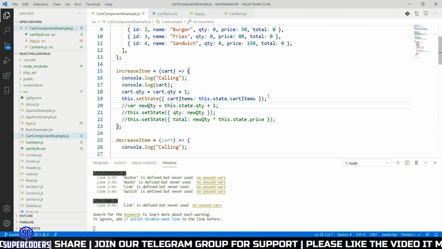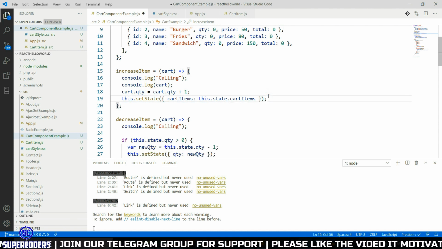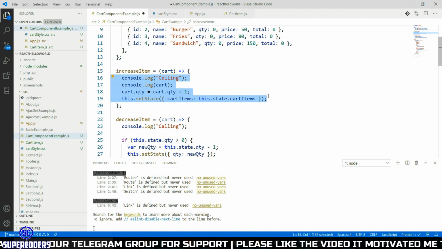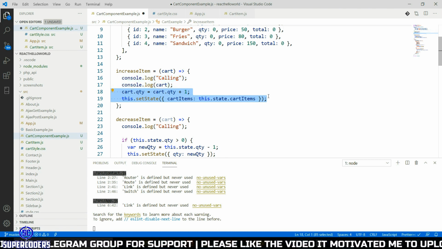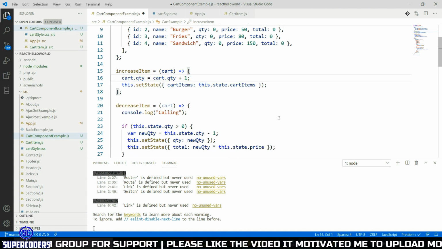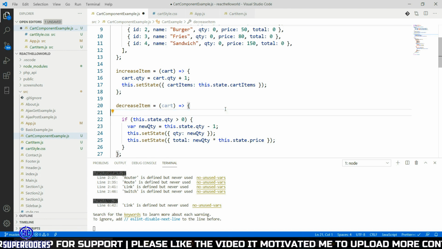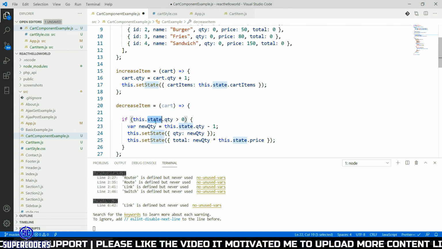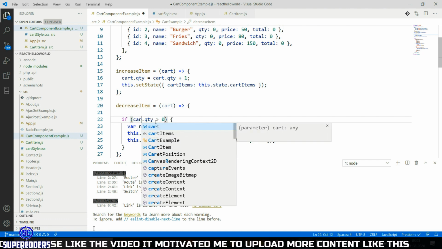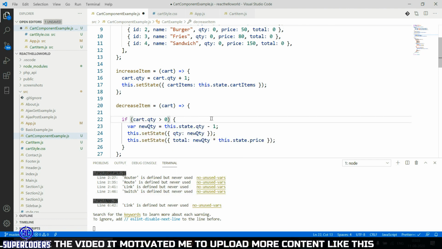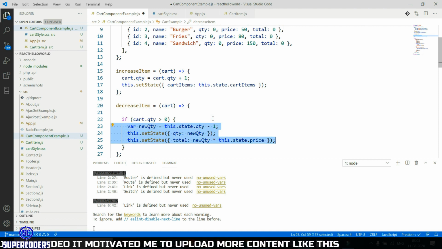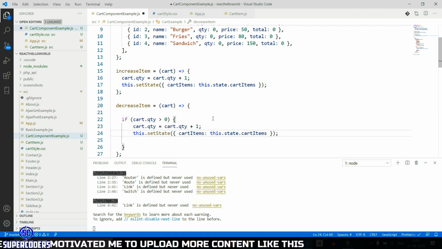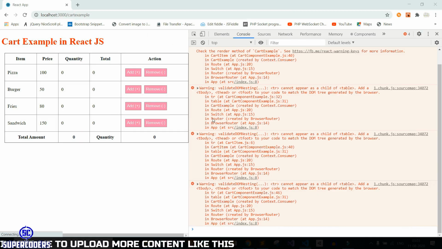Let's do one thing, remove this, also copy this code, delete this, remove this, and here this change to cart dot quantity and remove this, paste here, change to -1, save it.